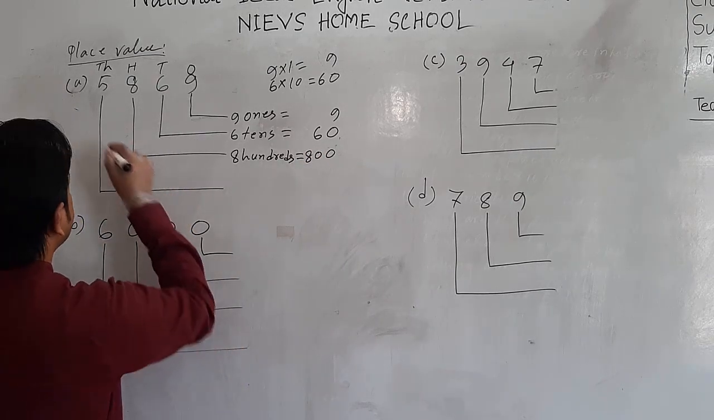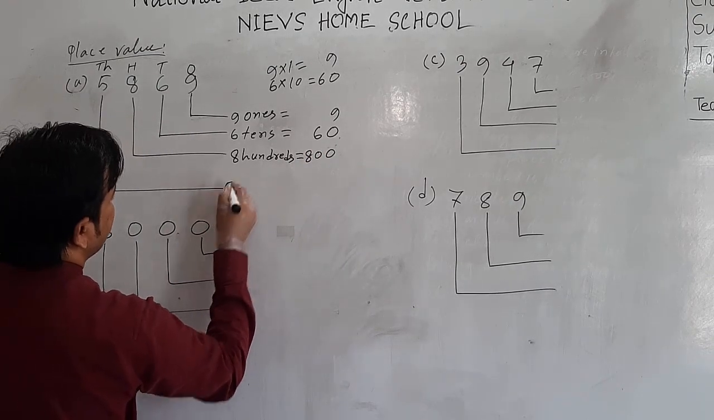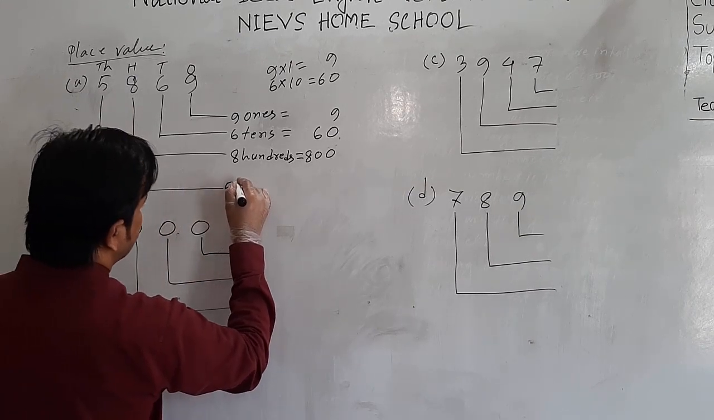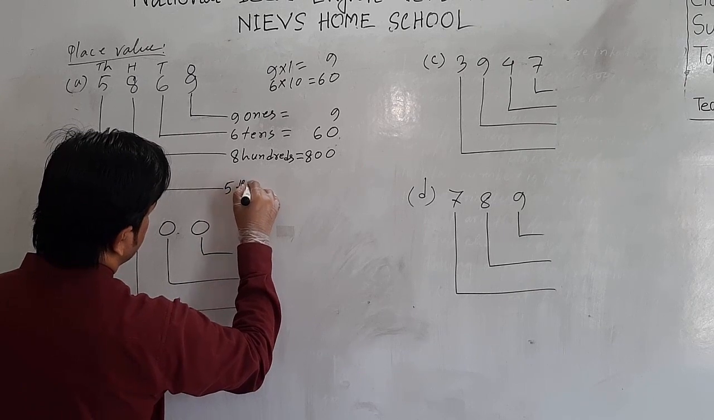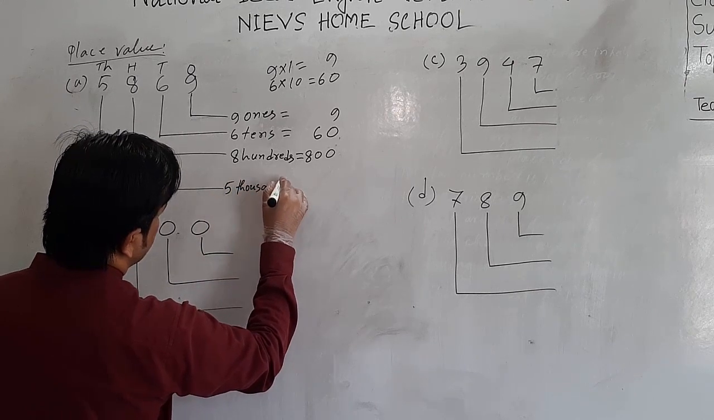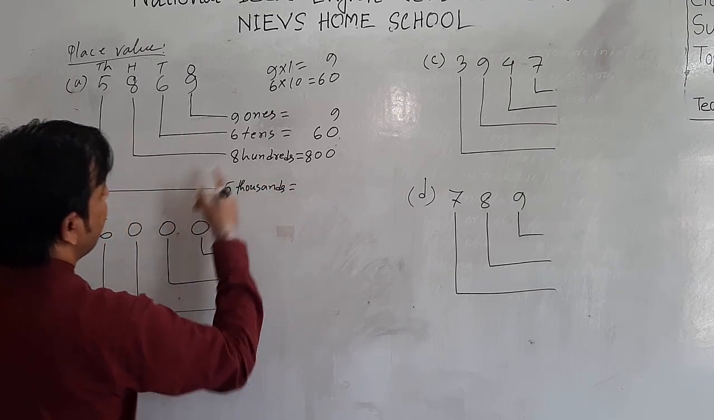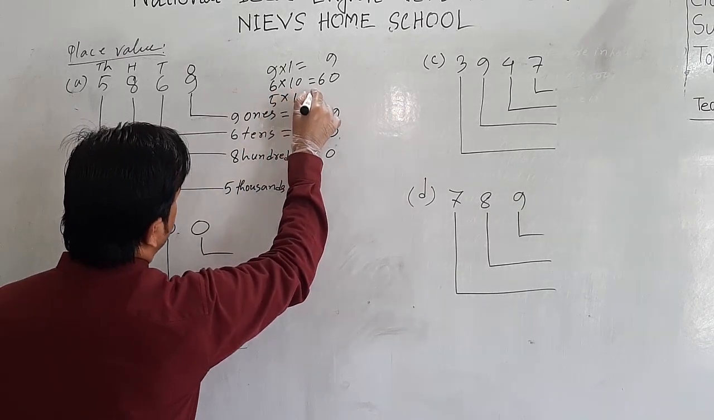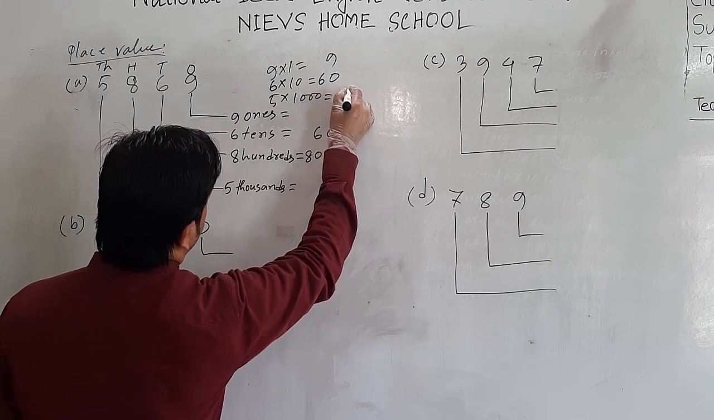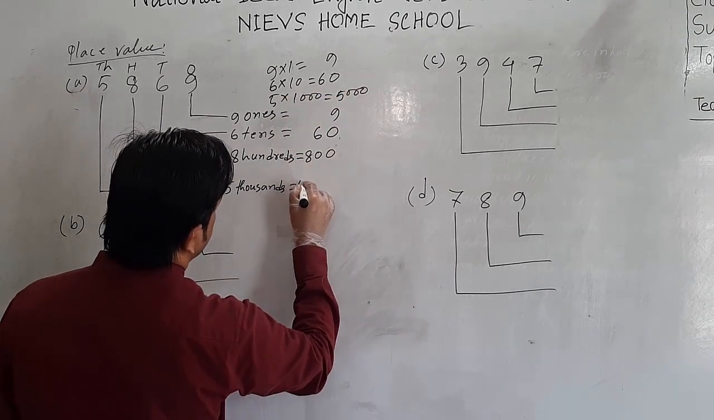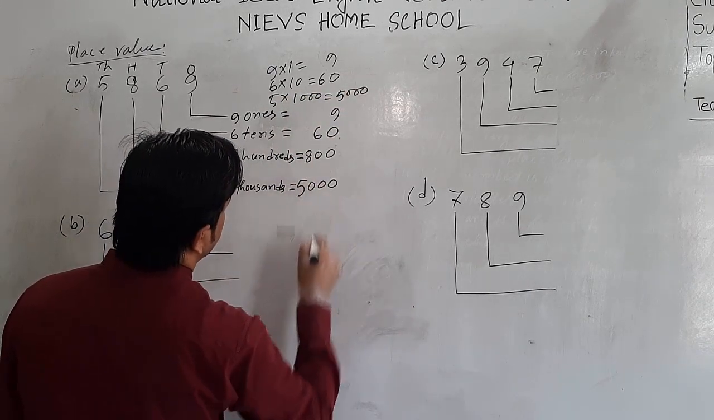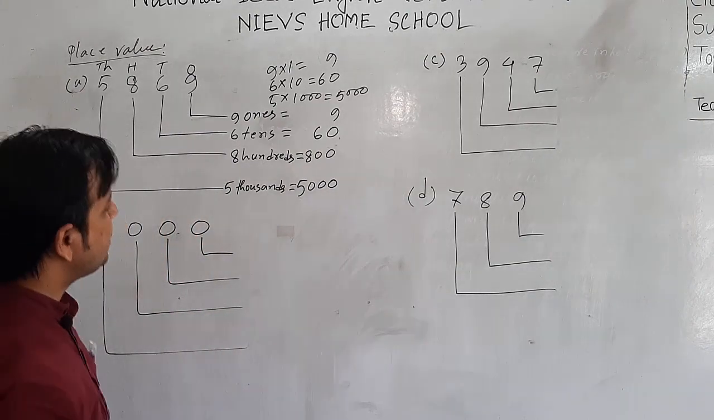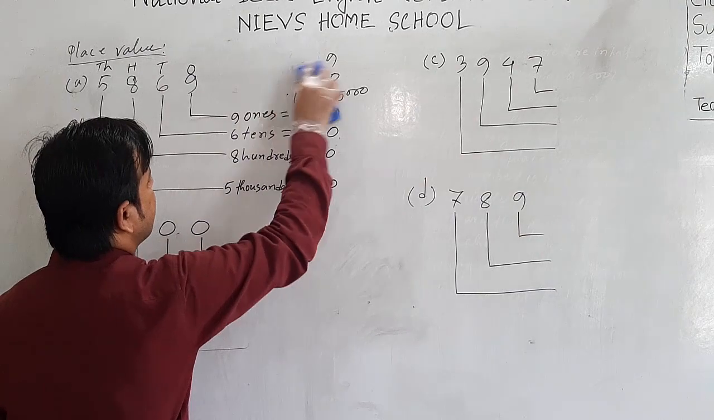Now next digit 5. 5 is in thousands position, so we can write place value of 5 is 5000. So if we multiply 5 by 1000, we will get 5000. So this will be 5000. First one is done. Now go to the next question. What is the next question? Next question is